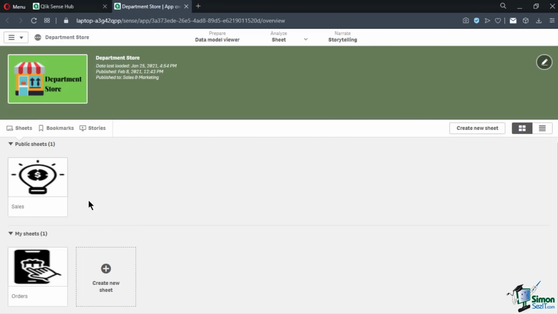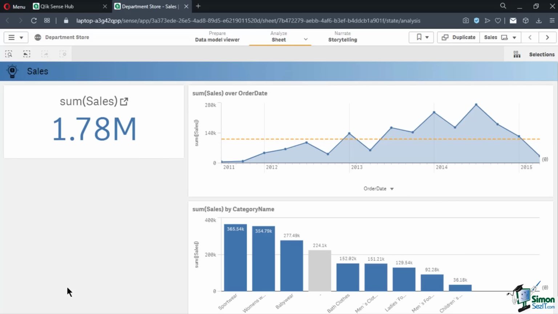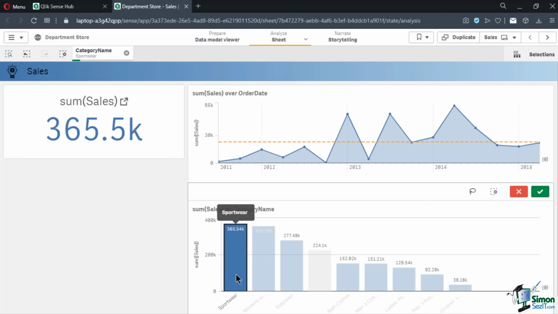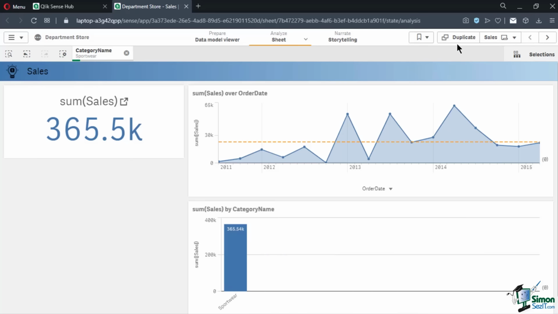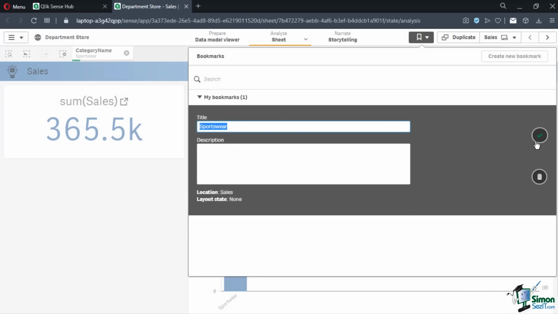Let's click on the public sales sheet. We can still create selections and save it to a personal bookmark. For example, selecting the sportswear category on the bar chart also filters the rest of the visualization in this sheet. You can save this selection as a bookmark by going to the bookmark icon and selecting Create New. Type in a name and an optional description and click on the check button to save it. These bookmarks can also be published like the sheets and apps to show it to the rest of the app